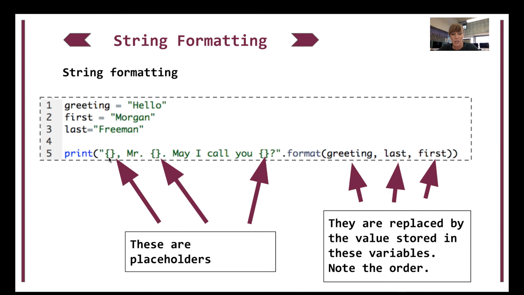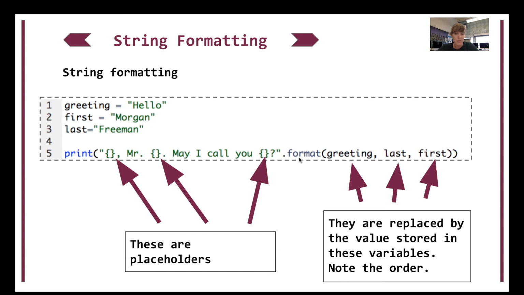And you can create a long statement here where you fit the values back into this statement. The way you do it is you can write the whole statement in, and wherever you want a blank space, you use these curly brackets. So you do quote, open and close curly brackets, Mr., open and close curly brackets, may I call you blank,